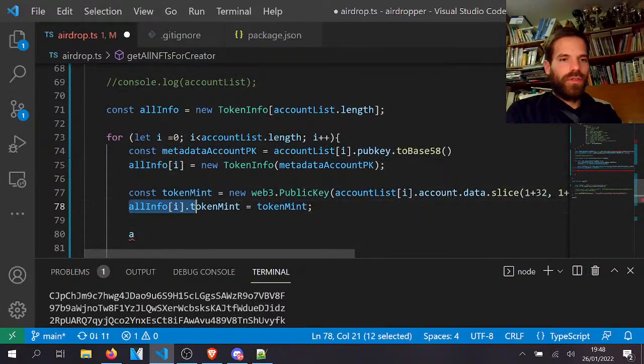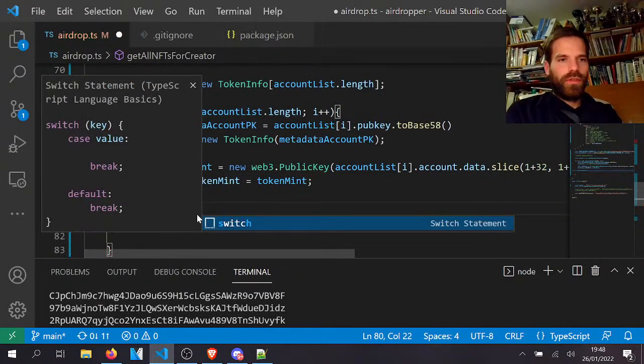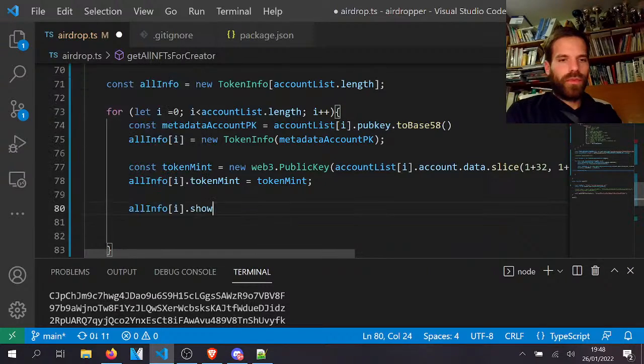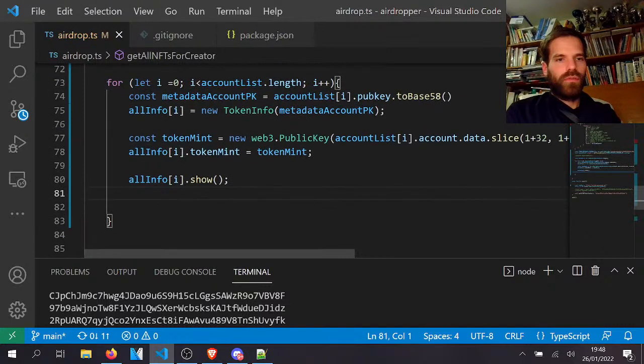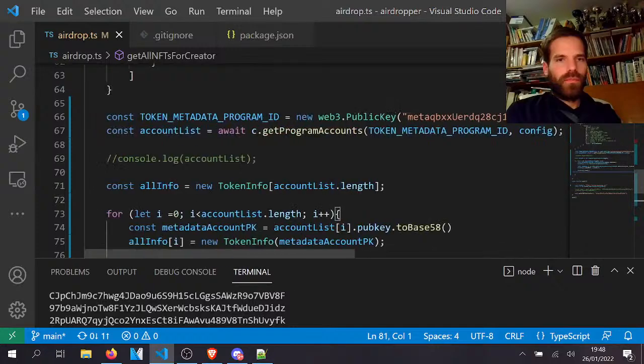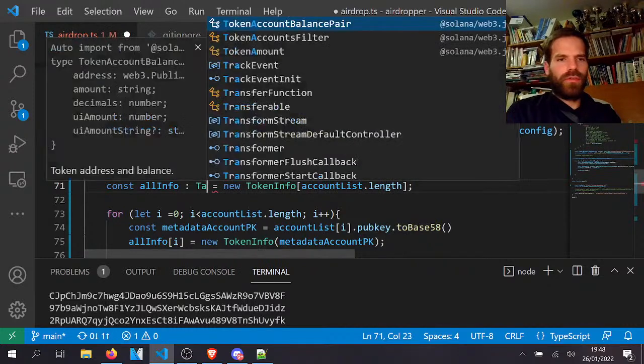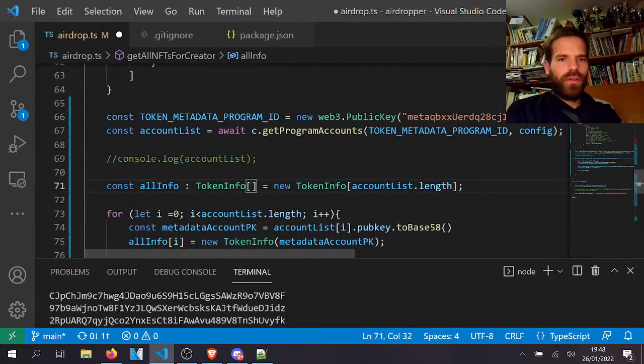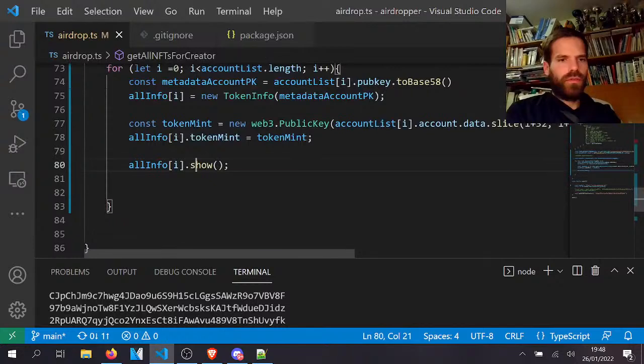So all account info. No. Is that not how this works? It doesn't tell me that. Maybe it wants to have that specifically here. Maybe then, yeah, then that would work. Anyhow,